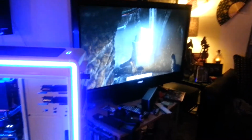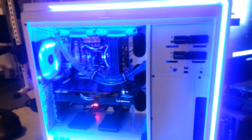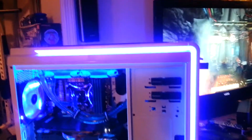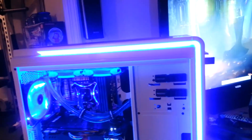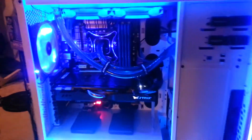I'm running some 3DMark Fire Strike benchmarks right now. Just did some other benchmarking, got some overclocking in on it. Having a hard time getting it to 4.8 for a true 4.8 gigahertz on all cores. We'll see where it's going to be at now. I bumped it up to 4700 megahertz on the